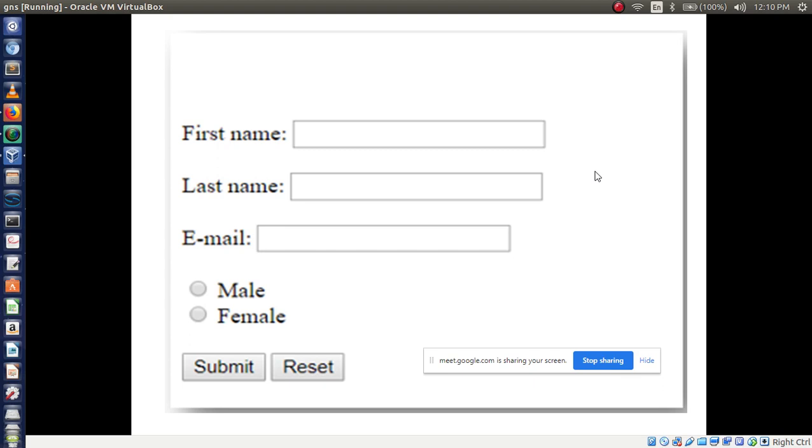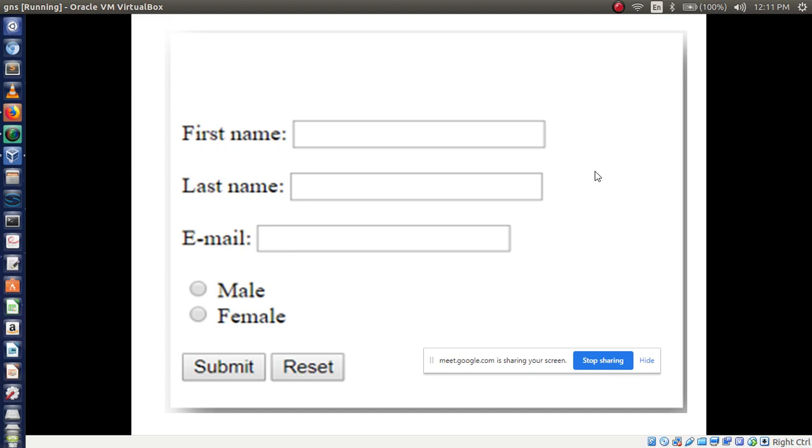So the form basically accepts information from the user, and this information may be first name, last name, email, right? So any basic information it is going to collect from the users.